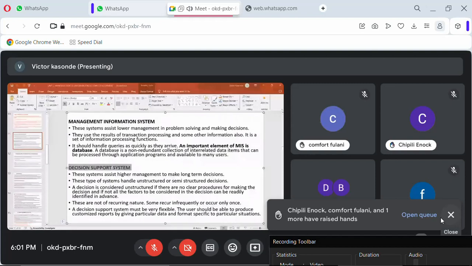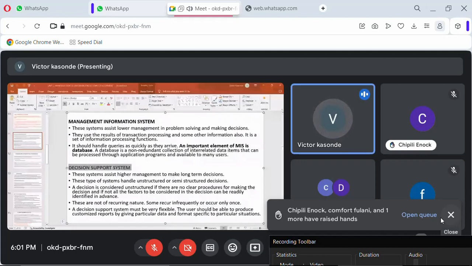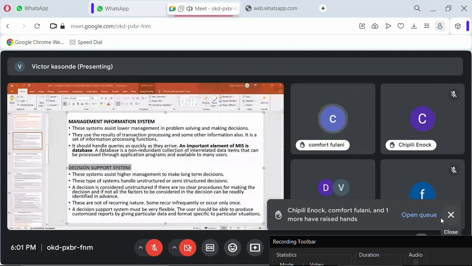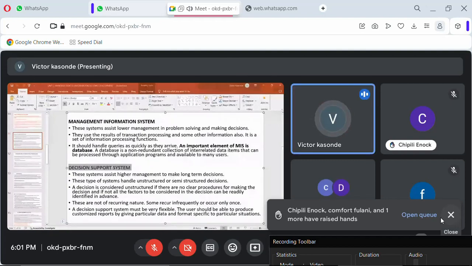I just wanted to repeat what you said. Are they the ones that decide everything that goes on in the company? Yes, they are the final decider. Like at university level,